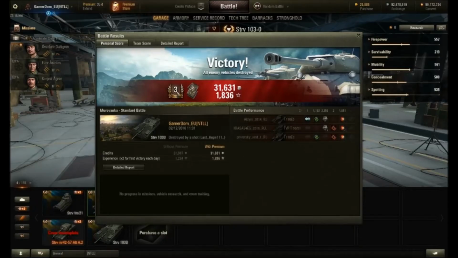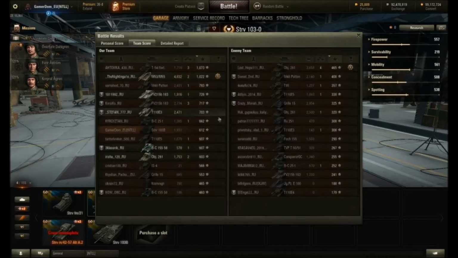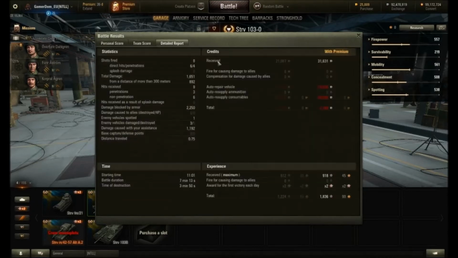So somewhat surprisingly that was a win. Third class mastery, got spotter badge, finished middle of the team, not so great. Fired 8 shots, hit with 6, penned with 4, 1,651 damage, 9 hits received, 3 pens and 6 bounces. So I think that was largely because of the angling, and those guns that were firing at us obviously weren't